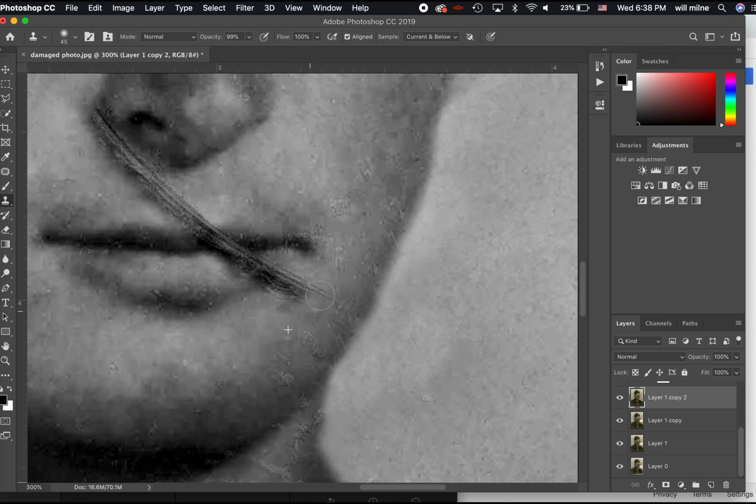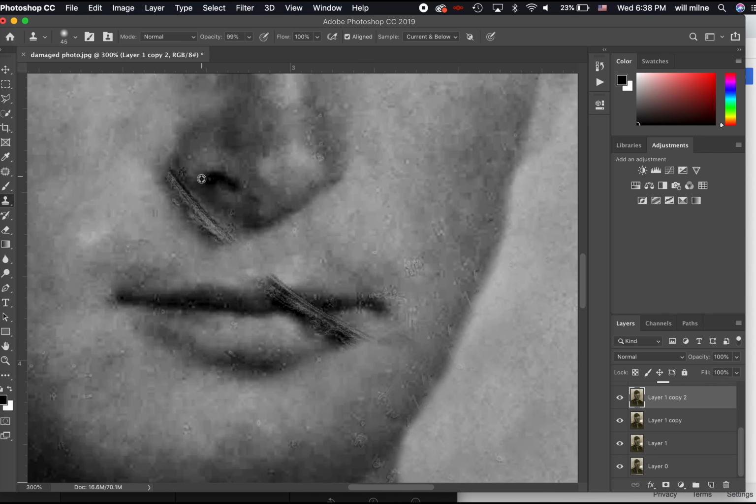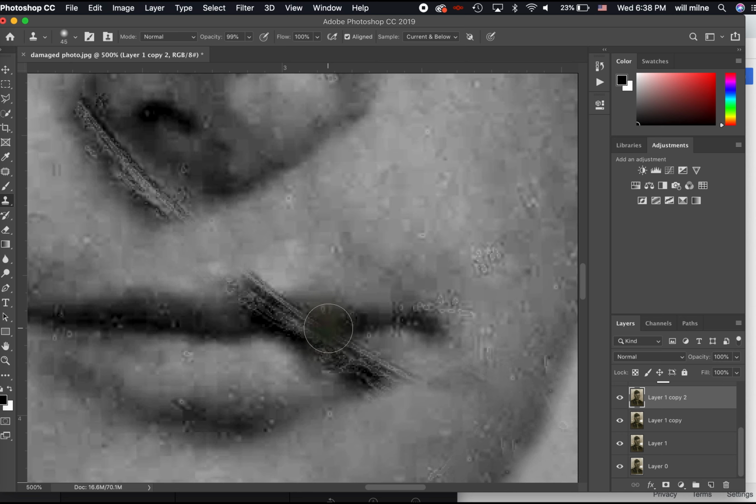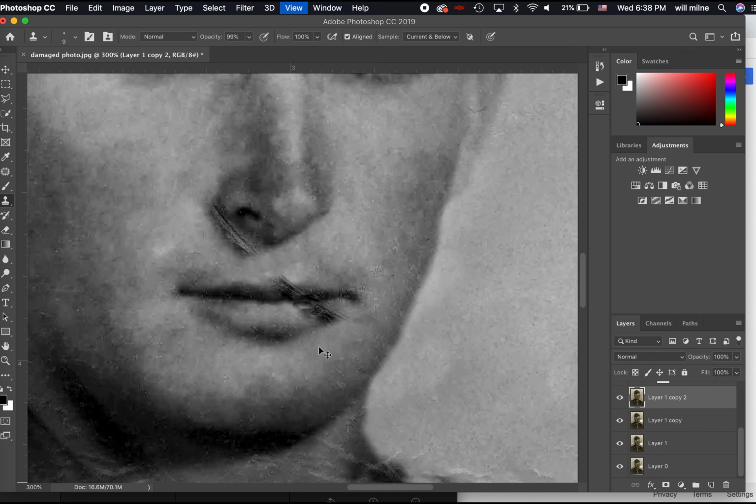Same thing here. Move in on his face a little bit. Hold Alt so you can copy. Alt, click, paint over. Alt, click, paint. And where it overlaps things like this is where it gets to be very tough. Alt, click, and then you can paint over what you don't like. Alt, click, paint. But what I would probably do in a situation such as this, where we've got a mouth like that,